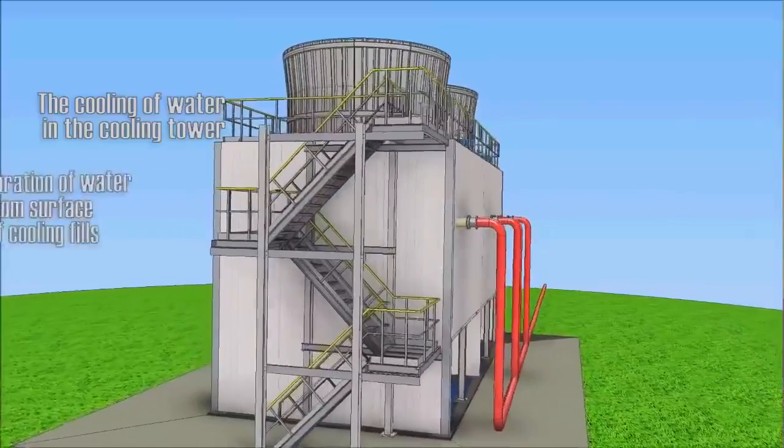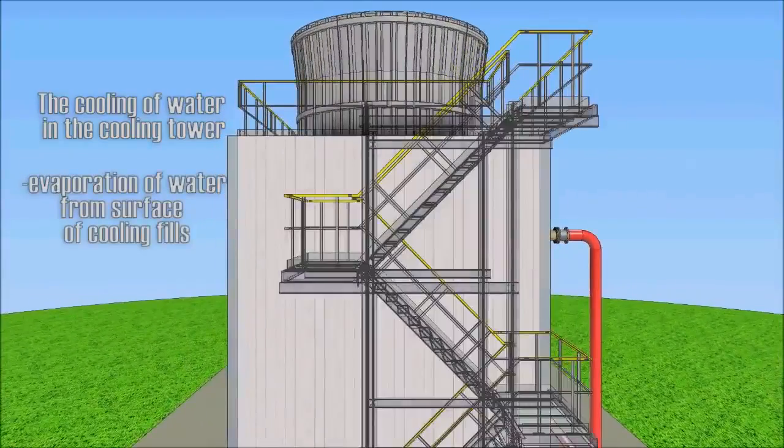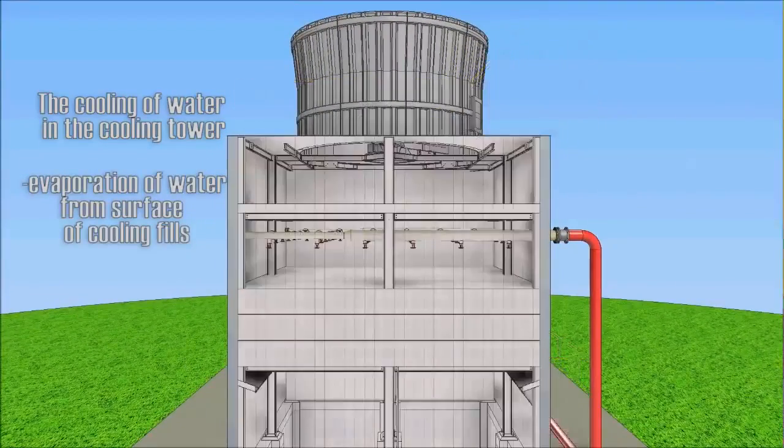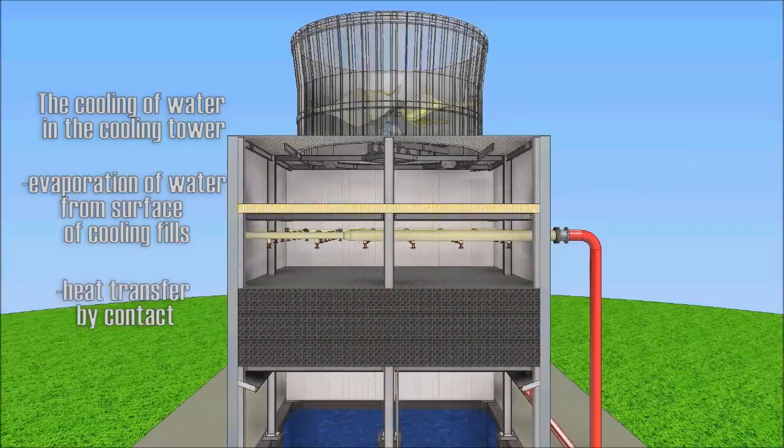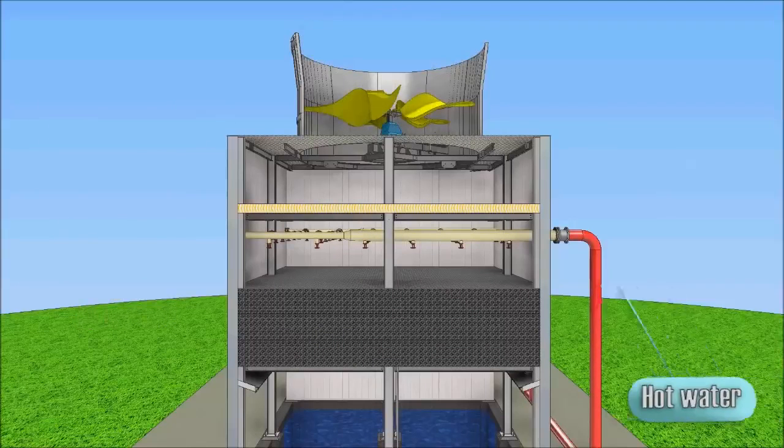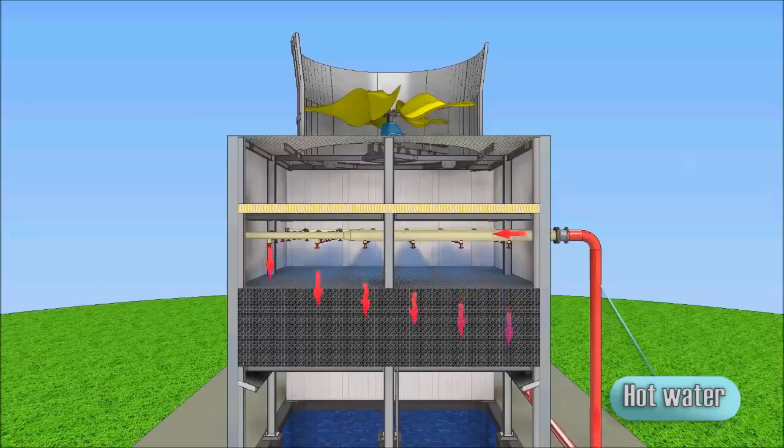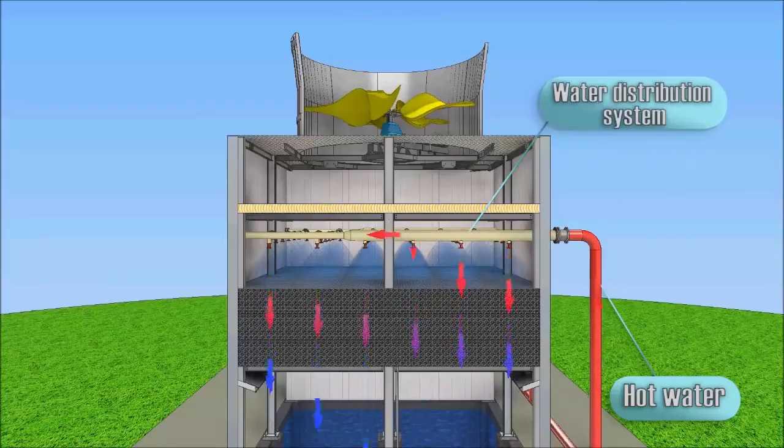So, how is the cooling tower working? Water in cooling towers is cooled by evaporation of water in the stream of atmospheric air, the heat transfer by contact with air. Hot water from various sources such as machines or heating processes flows through pipes to the